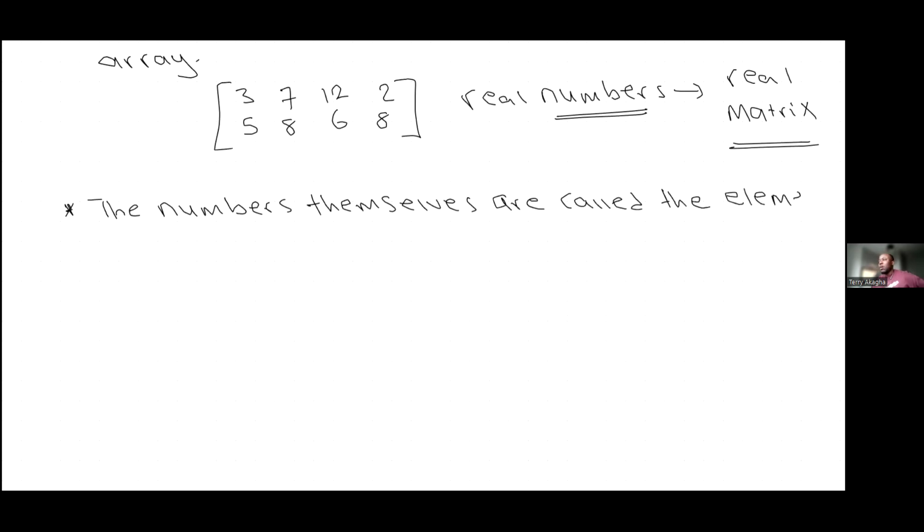The numbers themselves are called elements of that matrix. Okay? So in this example, 3 is an element, 7 is an element, 12 is an element. So each of these is called an element. Now, under the elements, there are different terminologies that you encounter. So if you're talking about elements,